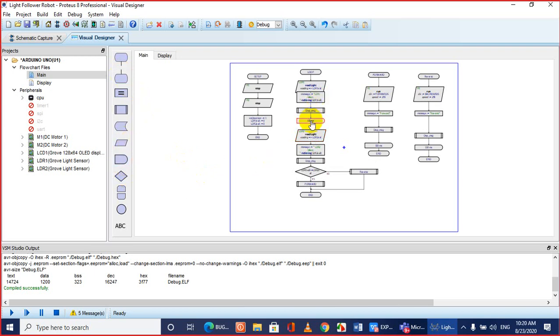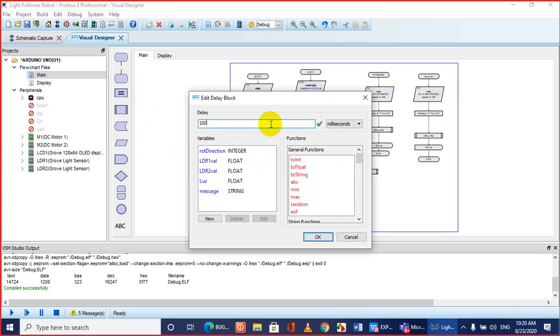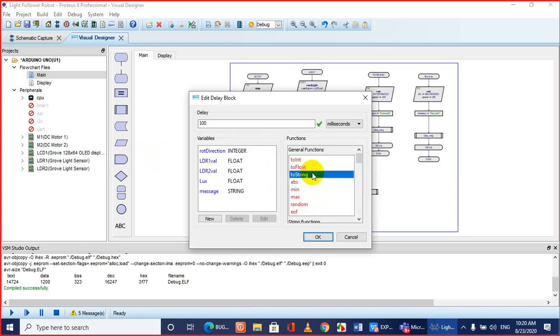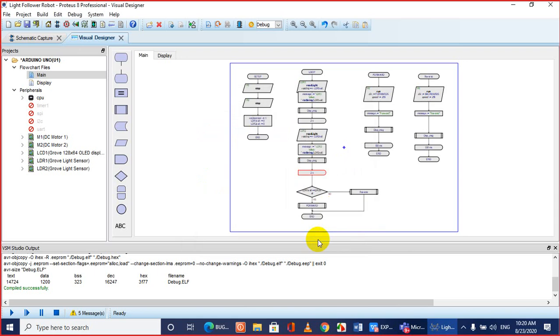So these are for checking mistakes in your program. Once you find that your program is running smoothly, you can remove this option. So let me also introduce another delay for the second message. So let me run it. Run the simulation.